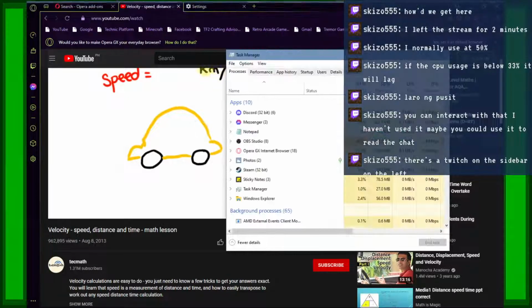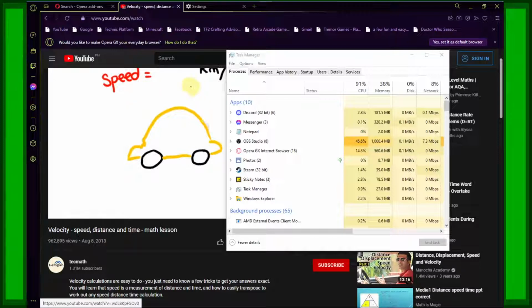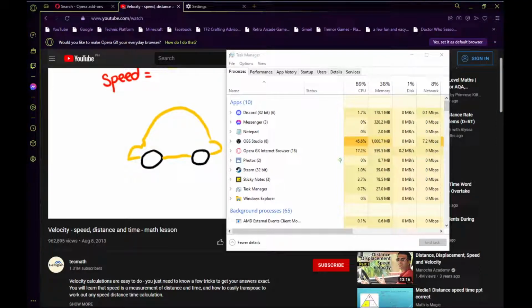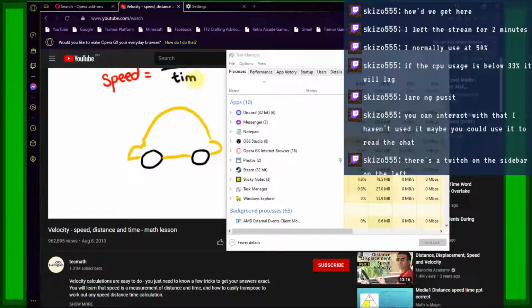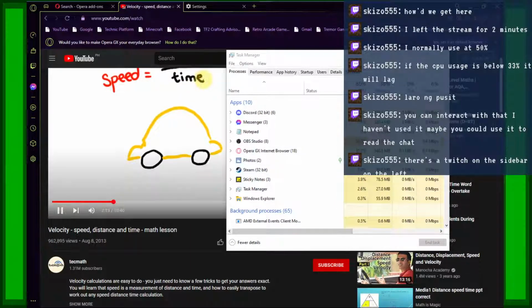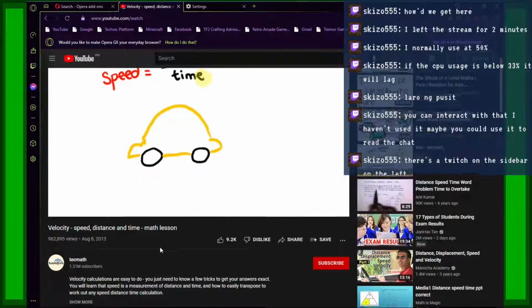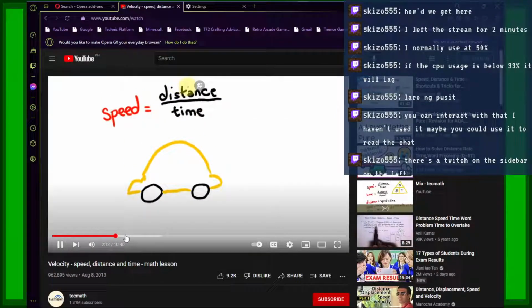time. This might be miles per hour or something like this. So I'm going to write our formula down here. Speed is equal to, and I'll rub that out. So when we do this, we're going to say distance over time. Look, I'm going to leave that car up there for the minute, just so you can all bask in my great artwork. But you see, this will be something like the speed of a car, again,